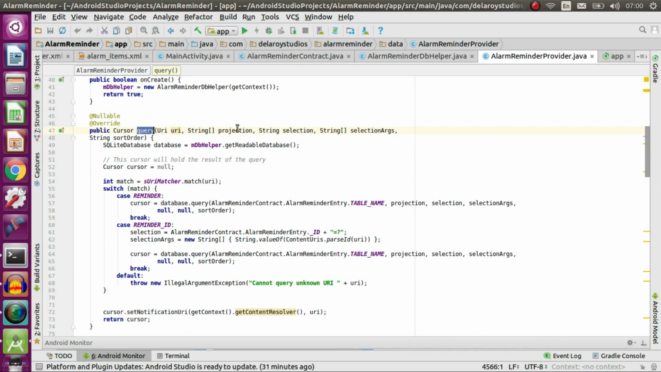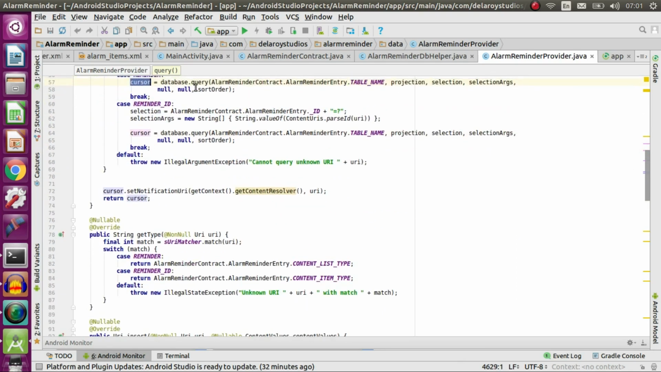So in the query method, we have two cases here for the reminder and the reminder with ID. This is where we get to query the database, and our query string will look like this. You call on the table name, the projection, the selection, and the selection argument. You can also have a sort order as well if you are passing them down into the query parameters, and you pass that to the cursor, which is going to be a bunch of data. The same thing goes with the reminder ID,